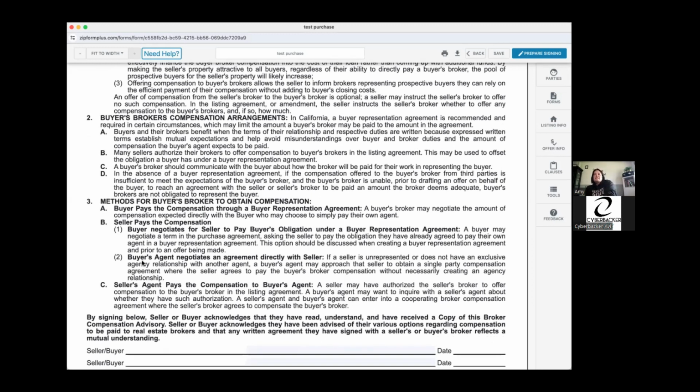All right. Section 2, buyer's broker compensation arrangements. In California, a buyer representation agreement is recommended and required in certain circumstances, which may limit the amount a buyer's broker may be paid to the amount in the agreement. Buyers and their brokers benefit when the terms of their relationship and respective duties are written, because expressed written